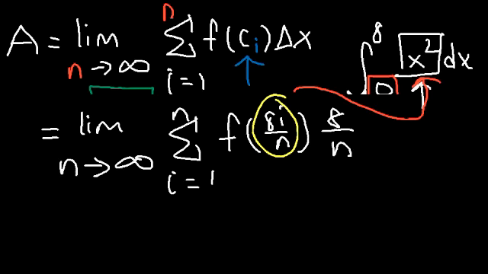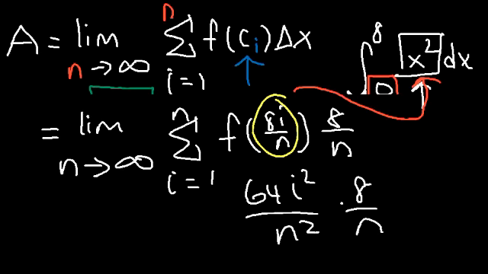So that's going to be 8i squared, which is 64i squared, divided by n squared, times 8 divided by n. 64 times 8 is 512. So we're going to have the limit